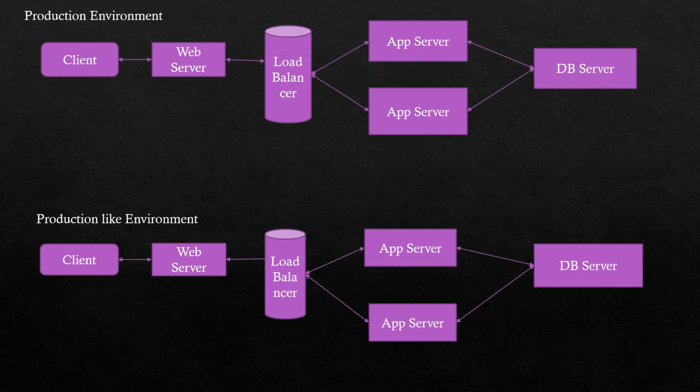So 1,000 requests will be coming to the web server first. We have two application servers here. What the load balancer will do is equally distribute the requests to the application servers, so one application server is not overloaded. For example, out of 1,000, one application server cannot take 900 and the other application server cannot take 100. It should equally distribute the requests so that the traffic flows smoothly.